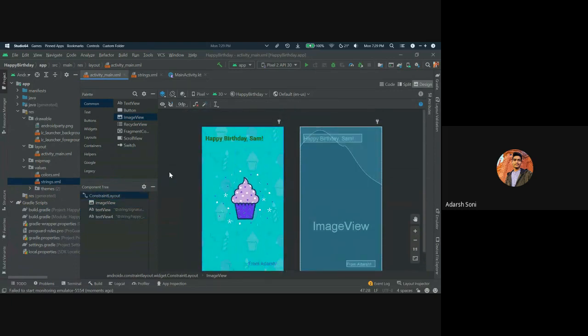So in this section we also learned the resource manager in Android Studio, which helps you add and organize your images and other resources. An image view is used to add images in your mobile UI for displaying images. Image view should have a content description to help make your app more accessible. Text shown to the user, like a birthday greeting, should be extracted into a string resource to make it easier to translate your app into other languages.